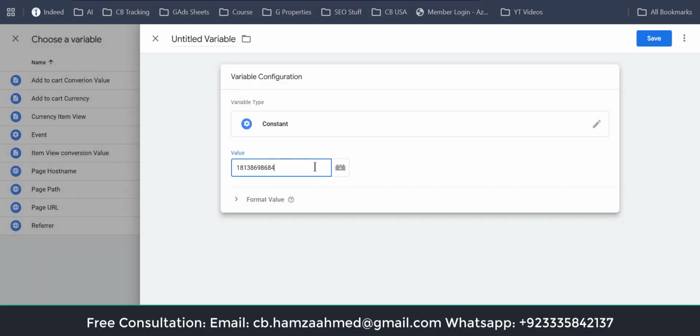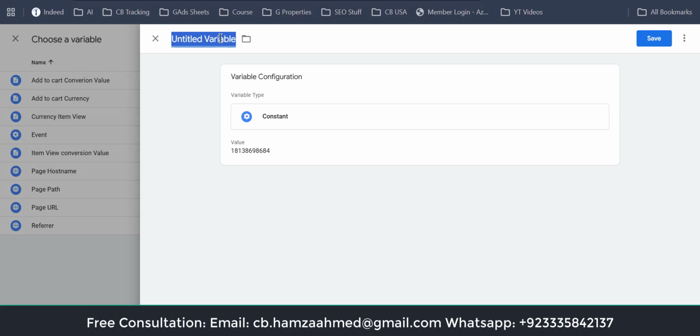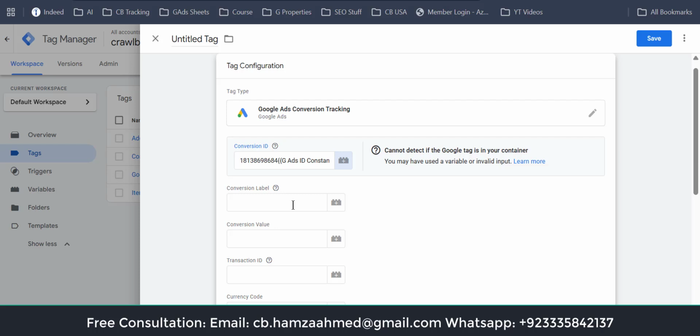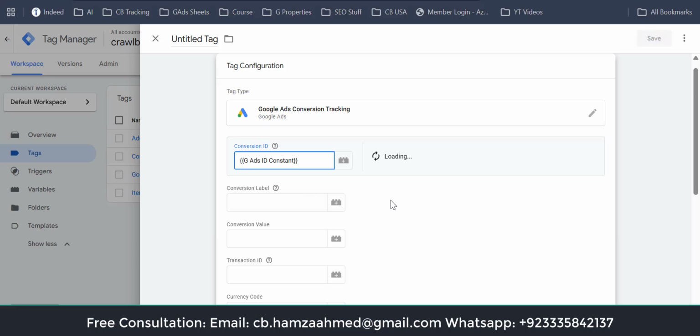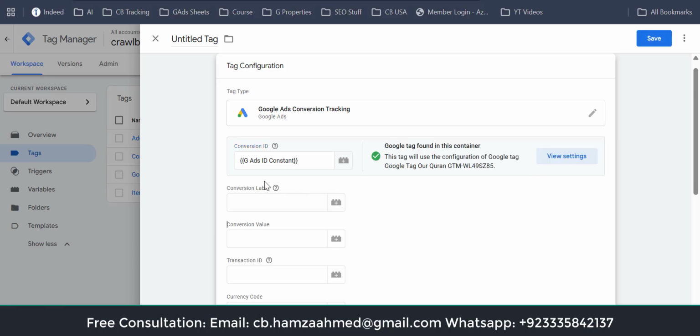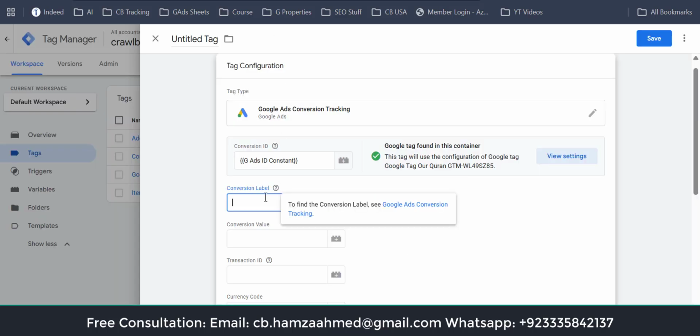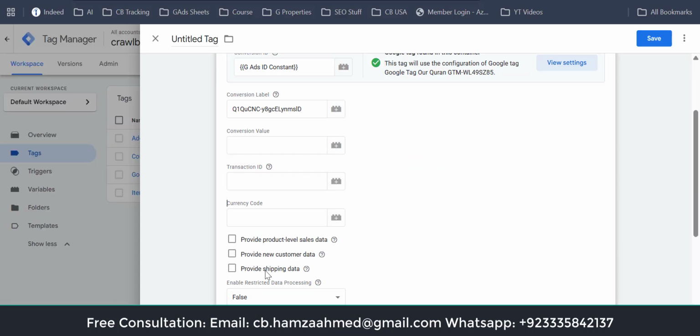Add this value in that and name it Google Ads ID constant. Just click on save, and now you have to remove the previous one. Now it's connected. Go back, copy the conversion label and paste it there,